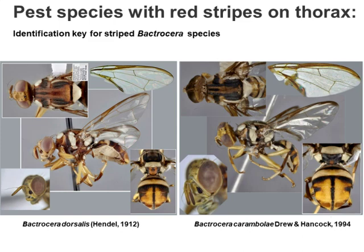And I decided, okay, we need a key for striped Bactroceras, because if I want to describe the species of Bactrocera, why don't I have a key for all striped Bactroceras? And very quickly I realized that two main pests causing troubles around the world, Bactrocera dorsalis and Bactrocera carambolae, are often striped, especially dorsalis, which some people now call invadens. Drew and Hancock resurrected it from the grave, and now we're in this situation where we need to figure out